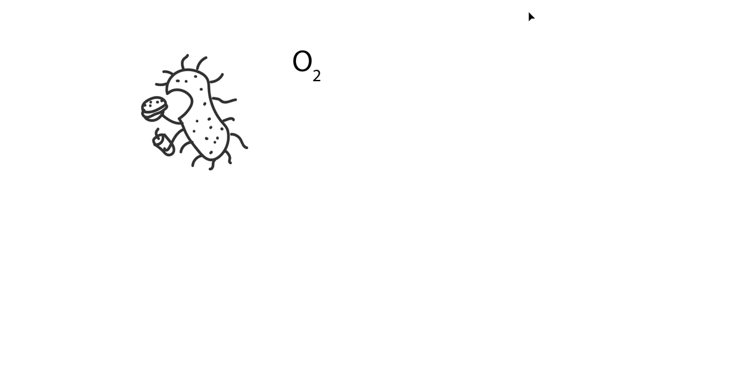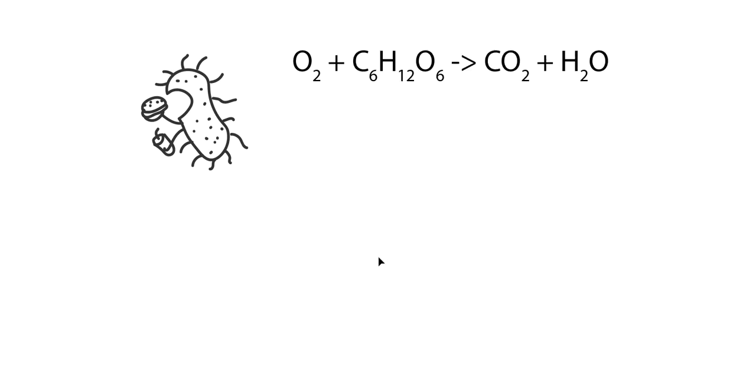Let me give you a little preview of what's coming in your near future. Most bacteria and us and animals and plants all need oxygen to combine with, in this case, a simple sugar, glucose. Combined with the glucose, it gives off carbon dioxide, water, and also energy. Energy that is trapped in a little chemical you'll learn about later called ATP, adenosine triphosphate, that stores the energy and allows that energy to be used for all the processes in the organism. So without oxygen, you can't break down your food to get energy. Without energy, the organism shuts down and decomposes.